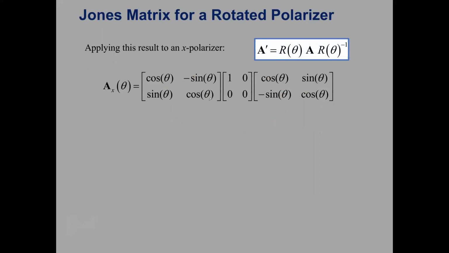So let's see, we have to be careful on multiplying these in the right order. So we'll do this matrix and this matrix first. So 1 times cosine theta plus 0 times sine theta. That will give us cosine theta in the first term. The second term,